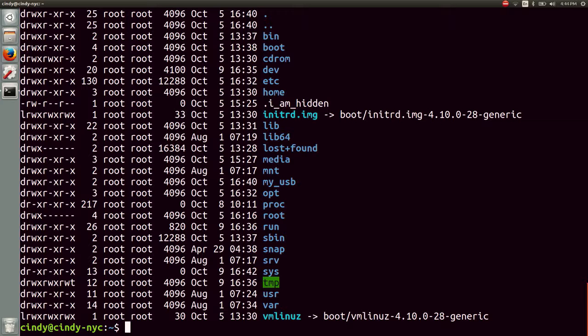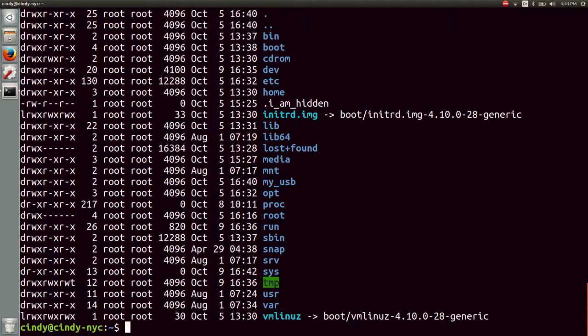The order of the flags determines which order it goes in. In our case, it doesn't matter if we do a long list first or show all files first. Check out how there are some new files that are visible when we use this flag. The -a, or all, flag shows all files including hidden ones. You can hide a file or directory by prepending a dot to it, like the file shown here, .imhidden.